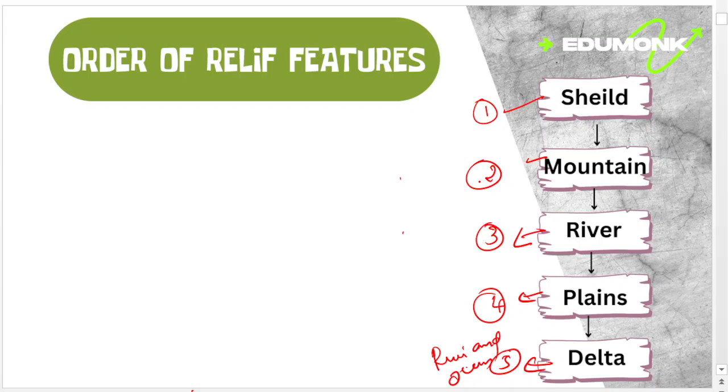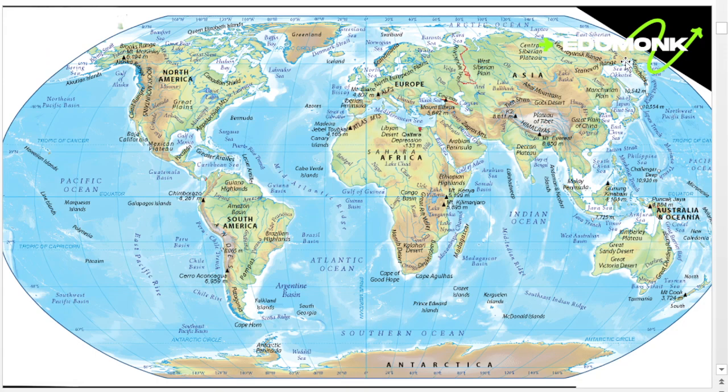In between these physiographic features, there are different kinds of physiographic features. We will discuss those things later. First of all, we can understand what a shield is. Already we told about the definition of shield. That means around 4,000 million years ago, a magma eruption happened in the earth, which after that,